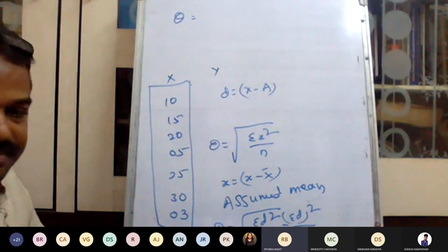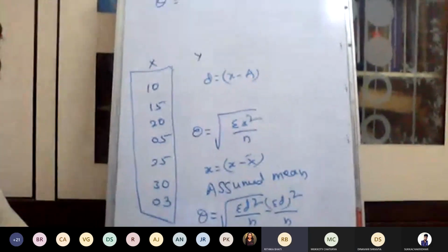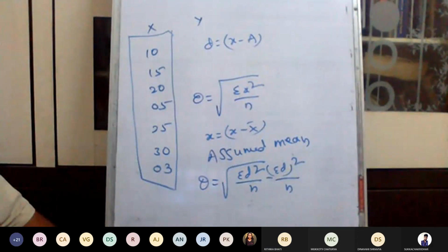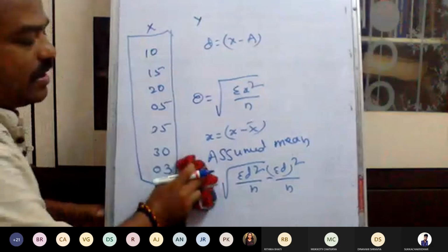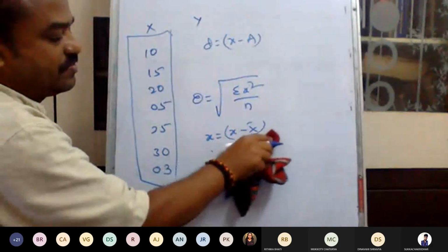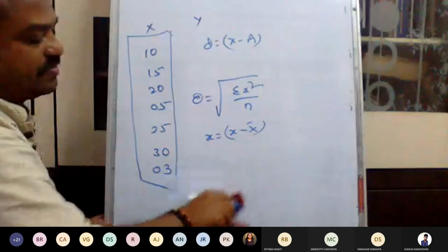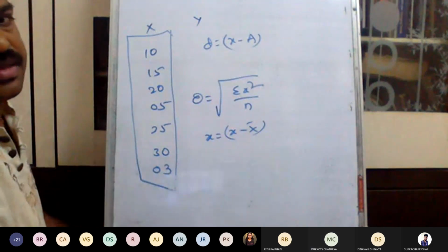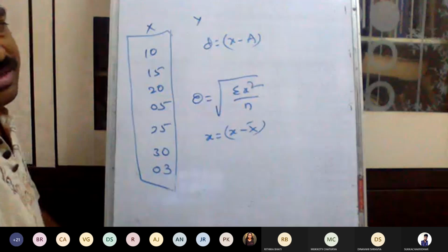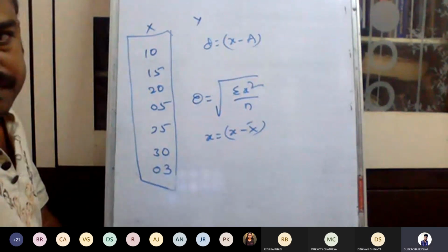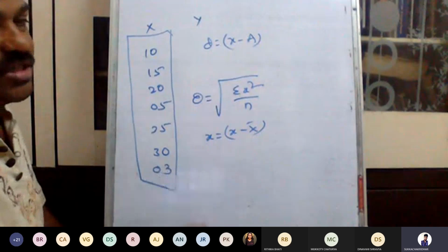Sir, down it is not visible. Okay? Okay, leave it first. Did you write the formula up to here? Yes, sir. Is it finished? Did all of you write up to here? Yes, sir. Written.